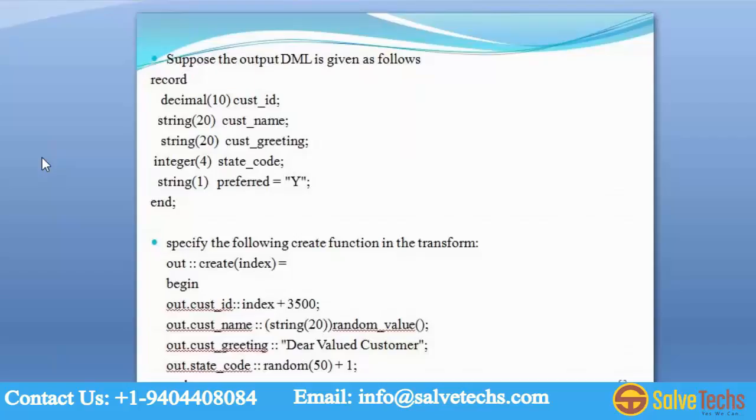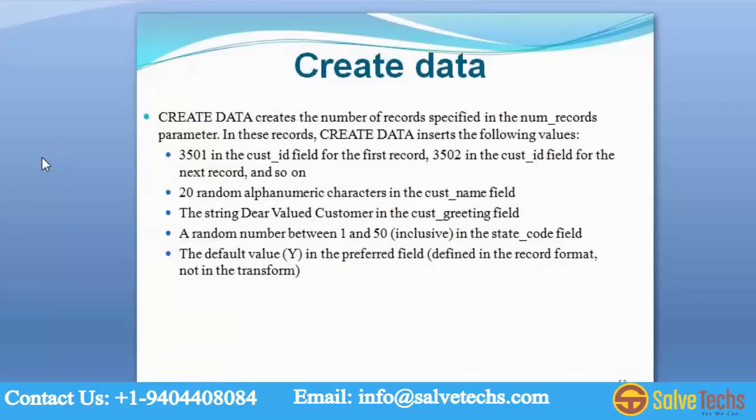Taking the same example which we discussed for generate records, for customer ID, name, customer greeting, state code and preferred column, you will be specifying the transform like the below. You can see that the transform function name is create, and it has a parameter called index. Index is a variable that is built in within create data, similar to your normalize. But here index starts with 1. Okay. And variable number of records. Yes. So you can use the index variable in your calculations. So here I want my customer ID field to start from 3501